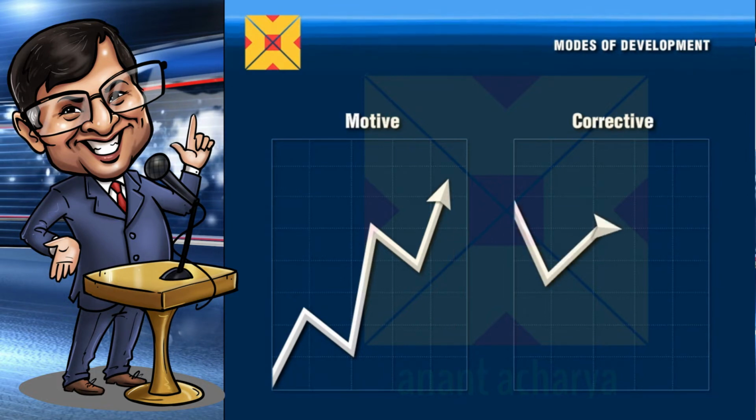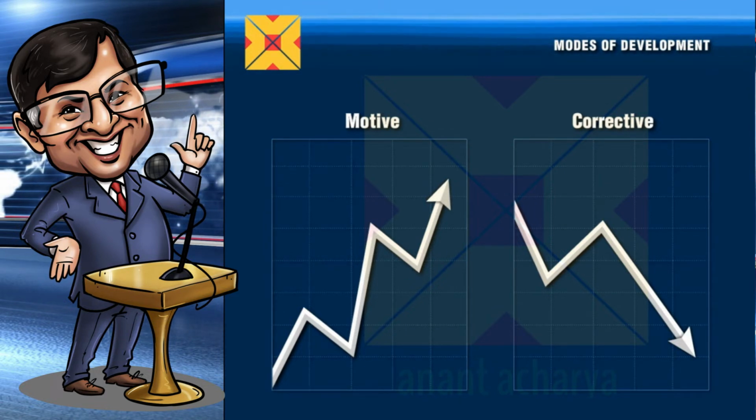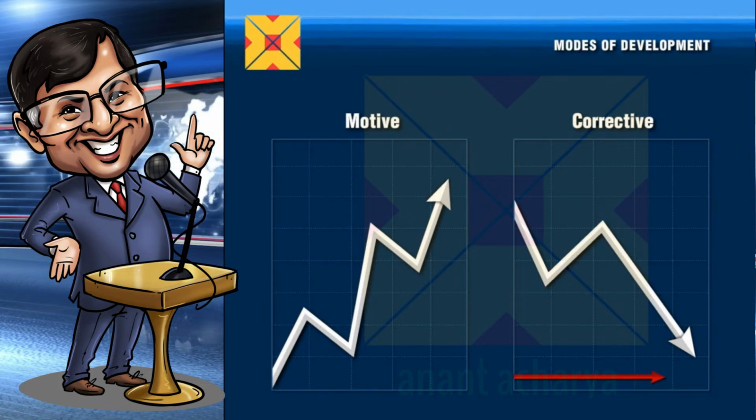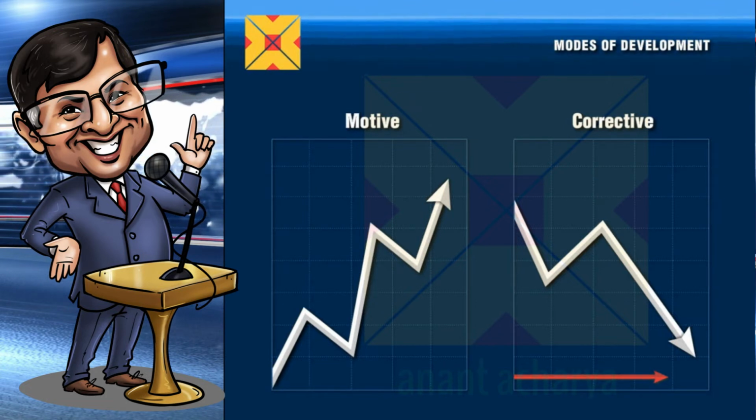Corrective waves, on the other hand, unfold in a 3-wave pattern and achieve only a partial retracement of the earlier wave. They are also called threes. They serve to put a pause to the price movement achieved by the motive wave. A corrective is the shortest possible price movement in the longest possible time.